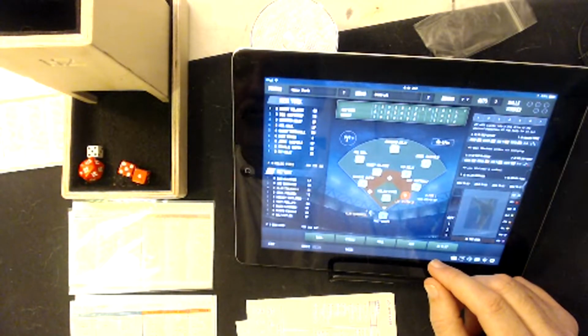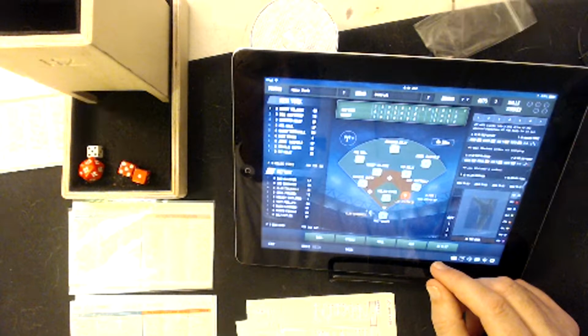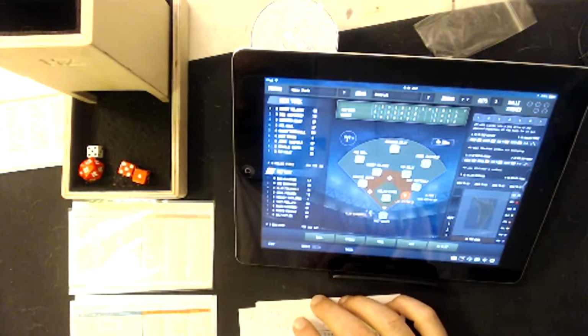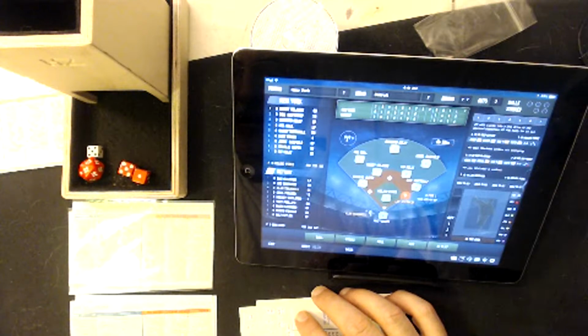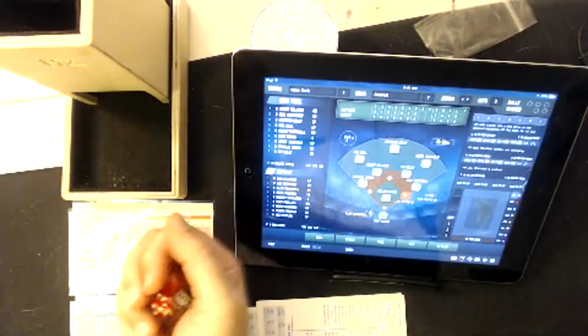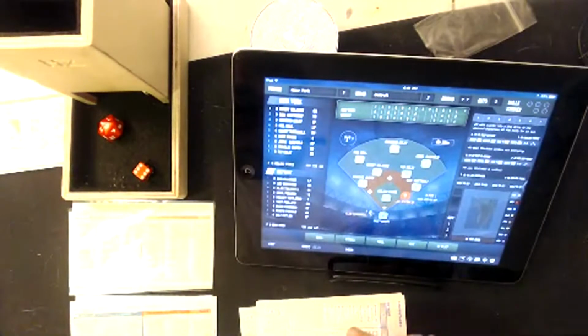Now Alan Trammell is up against Melido Perez. Sweet Lou Whitaker is on at first. He managed a 2-out walk here in the bottom of the seventh. It's 2-1 Detroit. And Alan Trammell, I don't know. No, we did not roll. I'm going to roll now. I don't think I rolled. All right,